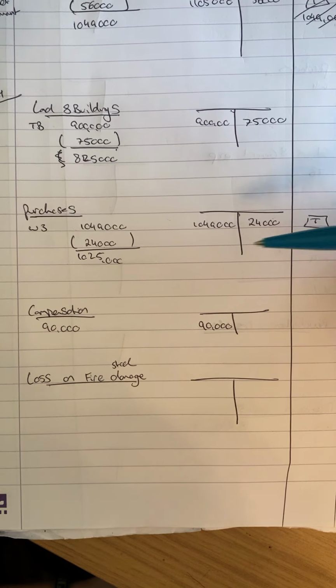Any business students here will know that you cannot make a profit from insurance. So in this case, they must have underinsured the value of the buildings or the value of the stock, because there's €9,000 missing. So if I lost €99,000 worth of stock and buildings, and I'm only receiving €90,000, I have